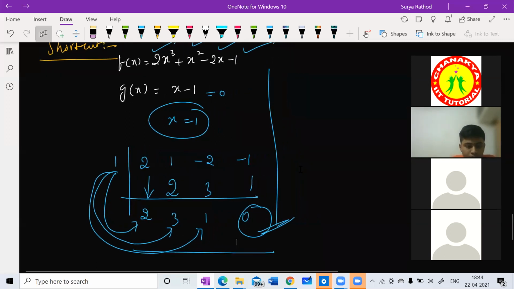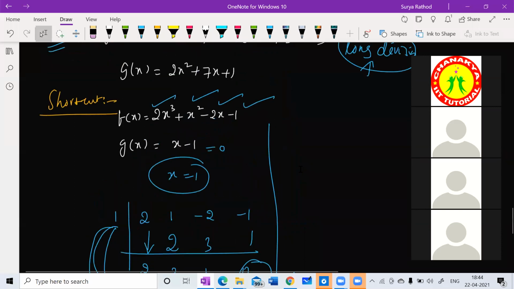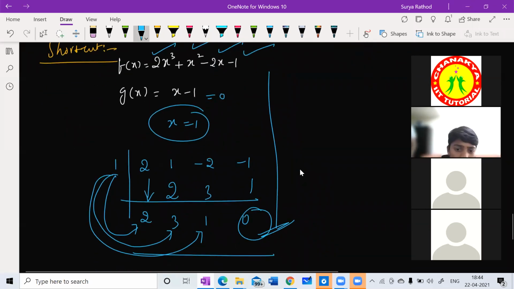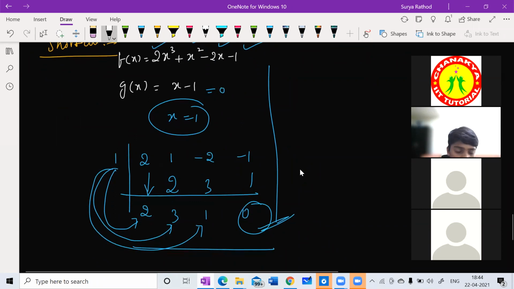Yes, sir, can you explain again? Definitely, this is a shortcut method. Please, only one member talk. If you are talking at the same time, it becomes clumsy, someone's voice is lacking, I lost my power in between and my voice is also lacking. I cannot understand if you are all talking at a time. If one member is talking, the other students have to keep quiet.